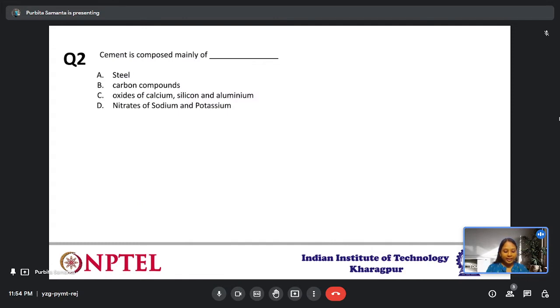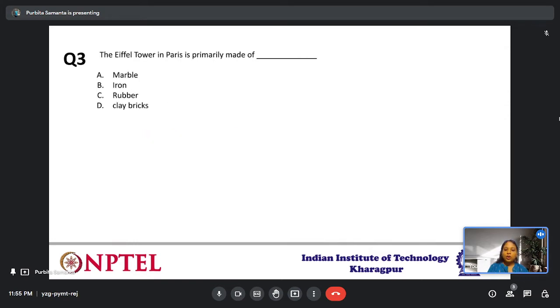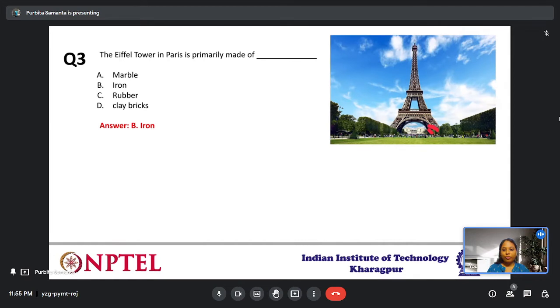Let's move to our next question, which is cement is composed mainly of, and the correct answer will be oxides of calcium, silicon, and aluminium. Moving to our third question, the Eiffel Tower in Paris is primarily made of. The correct answer is iron. So if we look into the image of Eiffel Tower,